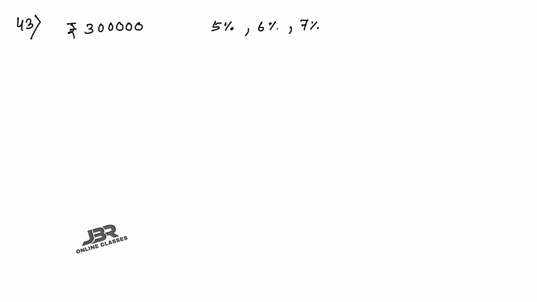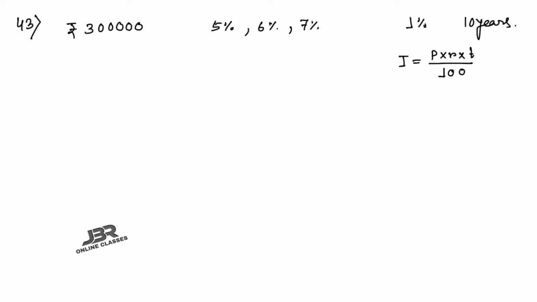So that means here each year the rate of interest increases by 1%. Okay, observe it very carefully. It's a different type of problem. So we are asked to find the total interest received by the NGO if the investment is done for 10 years. Okay, so that means here you can apply the formula of simple interest. You know the formula: I, I means interest, equals PRT by 100. Okay, so that means here P is the principal, R is the rate, and T is the time.